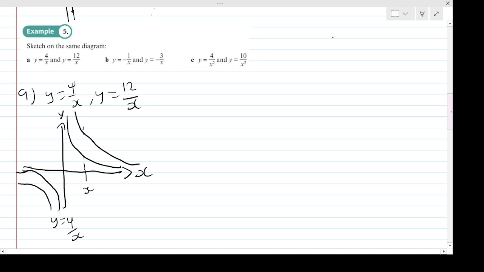So that'll then be y is 12 over x. Let me make that clear: y is 4 over x, then that is y is 12 over x. So when you have two different multiples, the bigger multiple means the graph kind of sticks out more, if you get what I mean, as in that scenario there. So that's part A. Part B then is y is minus 1 over x and y is minus 3 over